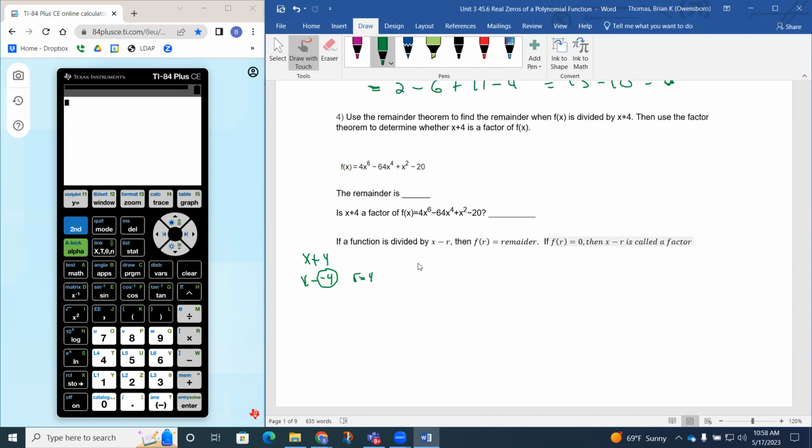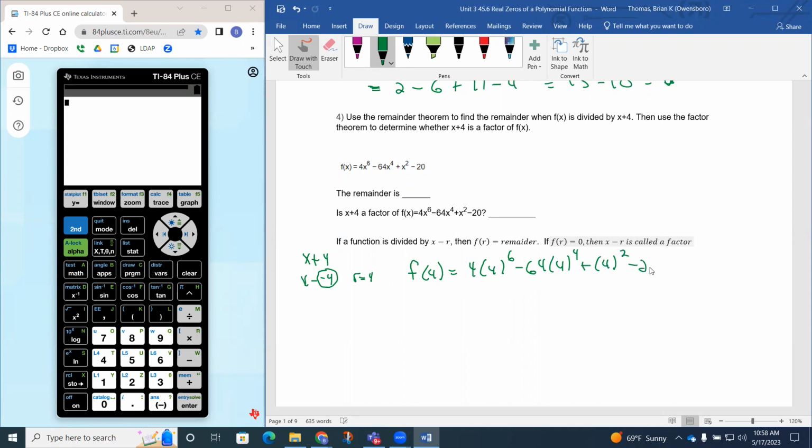So if I evaluate f of r, in other words, f of 4, it'll tell me what the remainder is if I divided this polynomial function by x plus 4. So we would put 4 into the function. That would be 4 times 4 to the 6th power minus 64 times 4 to the 4th power plus 4 squared